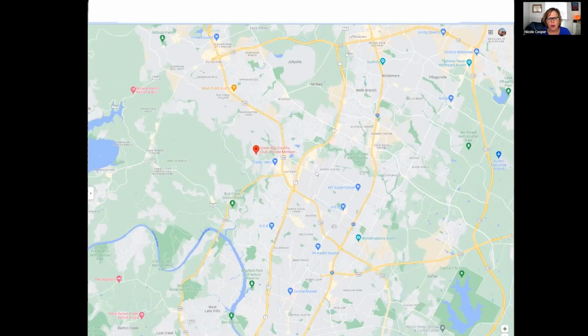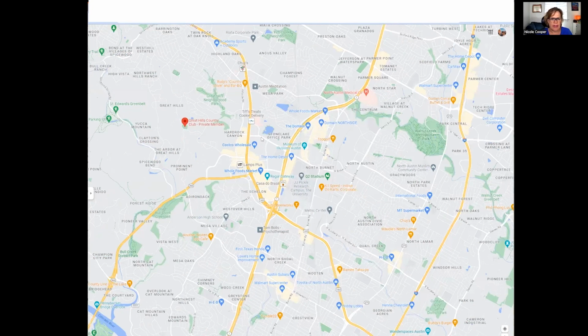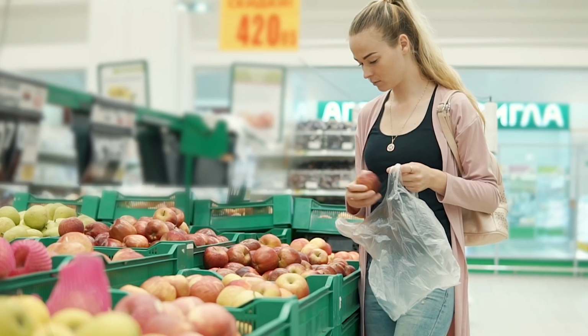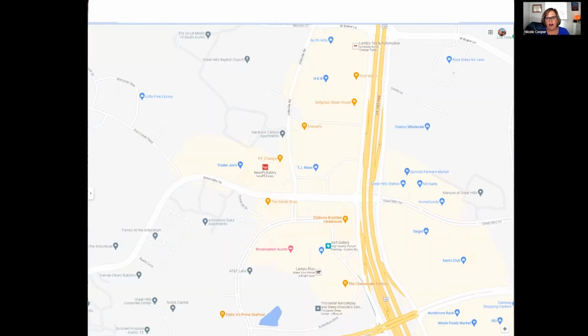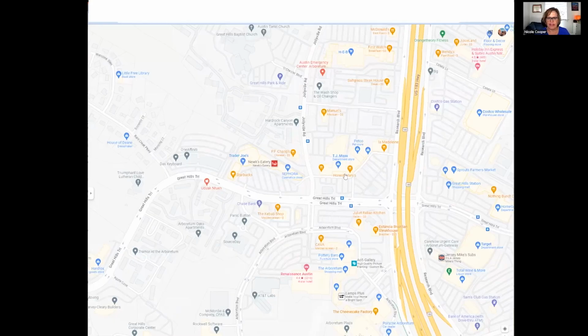The other thing we're gonna point out, we're gonna zoom in a little bit and show you how convenient you are to shopping. First of all, right here on the same side of the neighborhood, all of this area over here is really nice shopping. You have an Ann Taylor store, you have Trader Joe's grocery, you have restaurants like Saltgrass, Manuel's, the kebab shop, and you have PF Chang's. There it is, Honest Mary's. That's one of my favorites right there, a nice healthy one. Right over here,